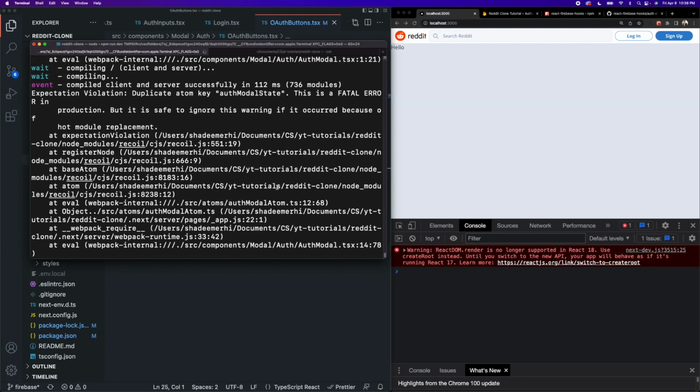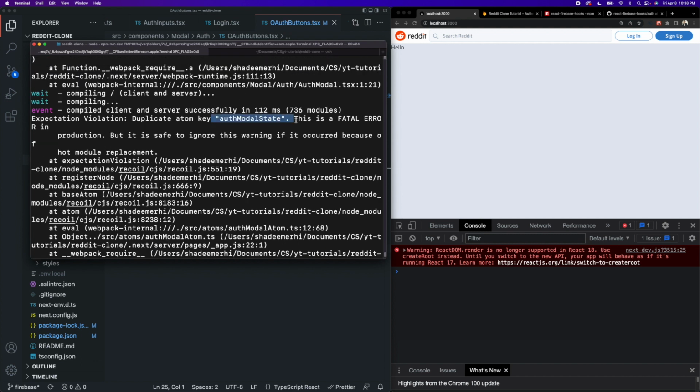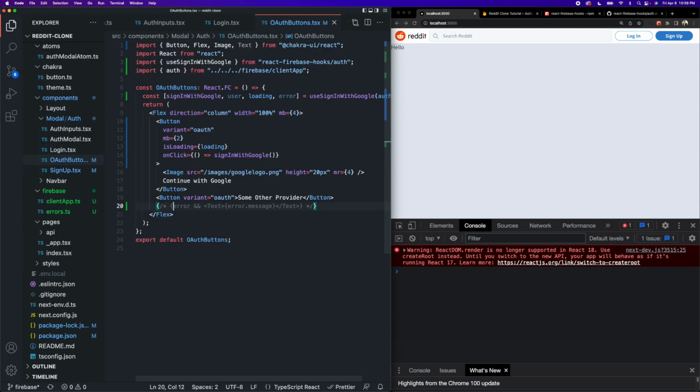Also, this error you might see in here, it's saying that there's a duplicate atom key auth modal state. This also has to do with the hot reloading. It says that it is safe to ignore this if it occurred because of a hot module replacement, and that is why it's occurring in this case. Basically, it just thinks that there's two of the same atoms, but there is not, so just ignore this for now. So we can probably re-enable this,